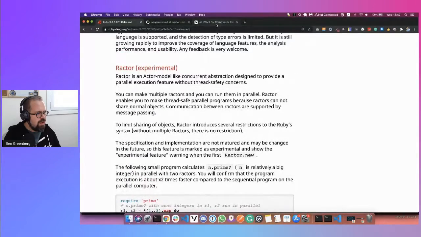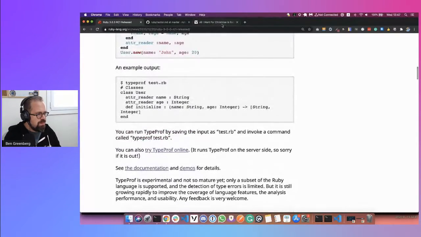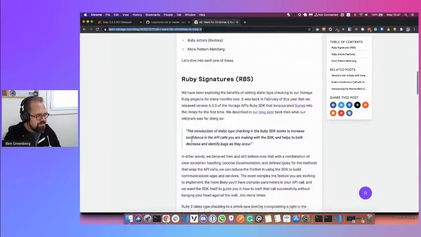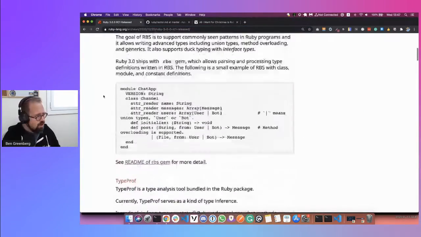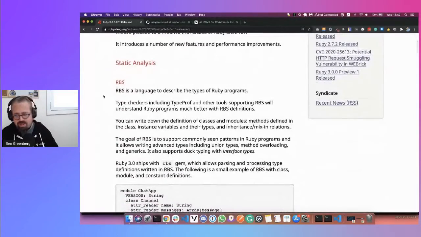In addition to our actors, we have other fun stuff. So I mentioned another one of them in my blog post, which is Ruby signatures. Ruby signatures are RBS files. RBS is really, really interesting because this runs in consonance with a developing trend amongst a lot of languages, Ruby included, which is to start thinking about typing our code, right? And you may have heard me talk about typing in previous episodes. I'm a bit of an advocate for it now at this point. You can say I'm converted to the cause.